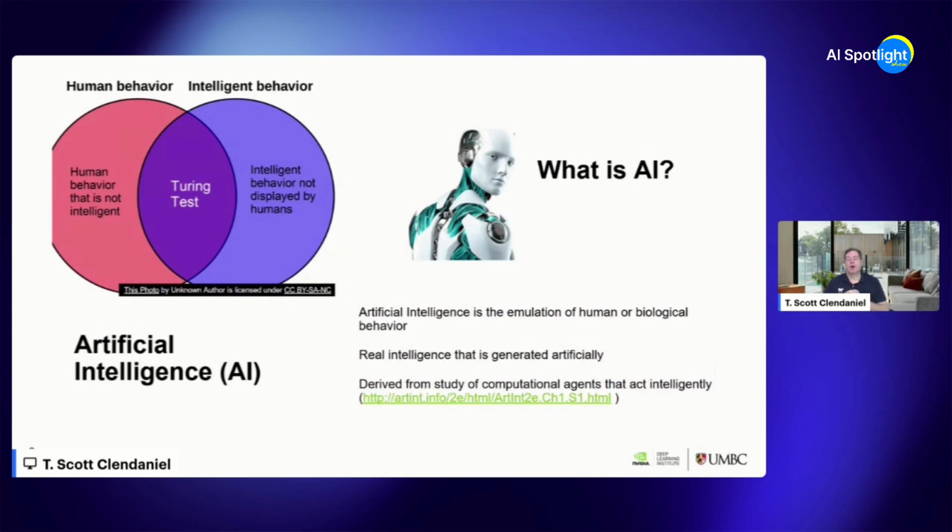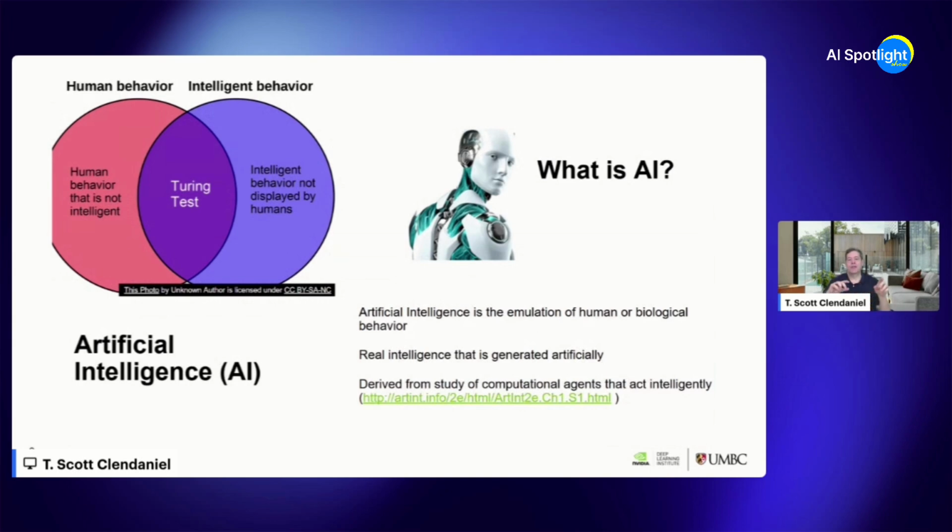And what Turing proposed with the Turing test, that's why it's named that, was if you get computer systems to the point where you can't tell the difference if it's a human being or it's a computer system, you have passed the Turing test. You have established a level of AI that is beyond what most people understand. It's going to mimic human intelligence so well that if you apply this Turing test and the system passes it, you have passed the test for artificial intelligence. So that's what that Venn diagram in the upper left-hand corner stands for.